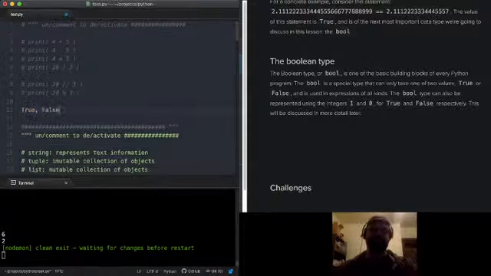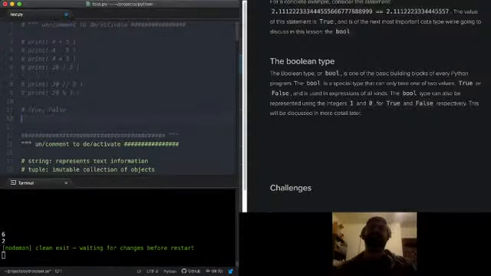We can use this to do some pretty cool things, because there are operators that help us do Boolean logic, right? A lot of things in Python will evaluate to true or false. If you recall when I did the string hello.isDigit, often if you see a method or something that starts with is, it's probably going to return true or false.